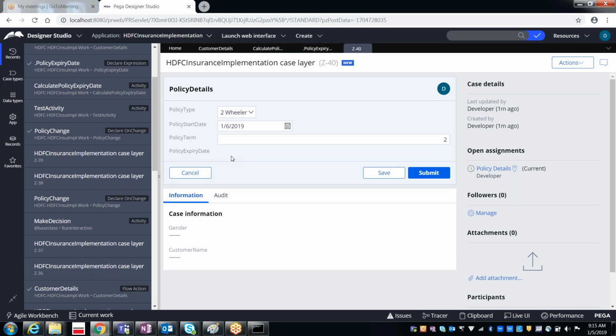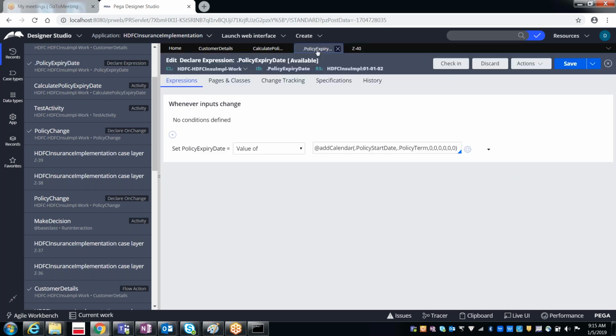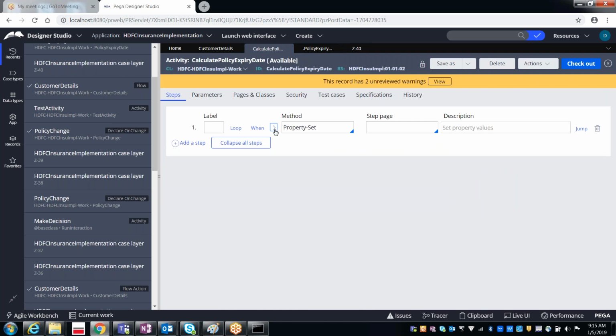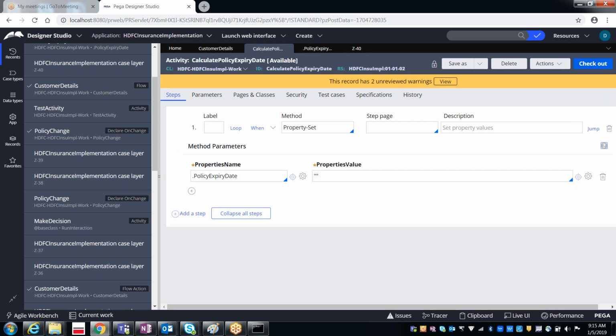Okay, policy expiry date. So what happened? Why is it not calling? Let's see. So I think we performed this functionality through the activity also. So remove that functionality. Yes, here we are doing blank.